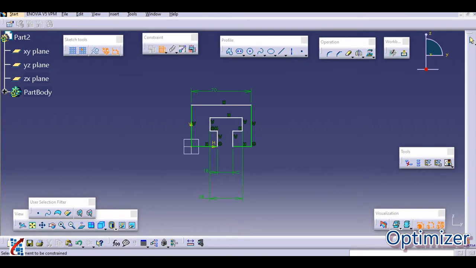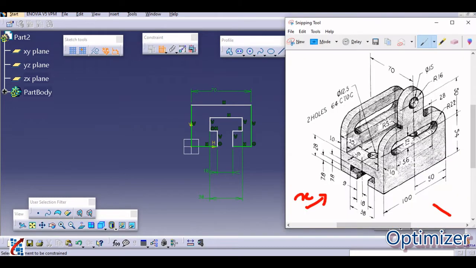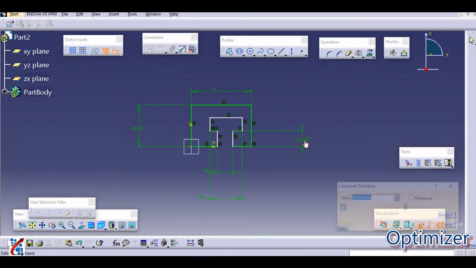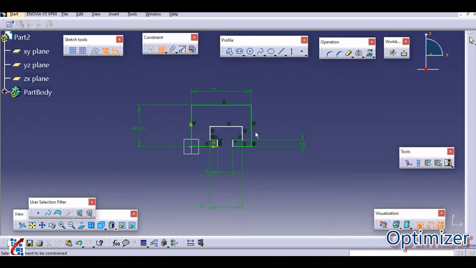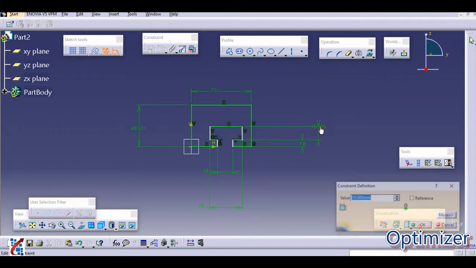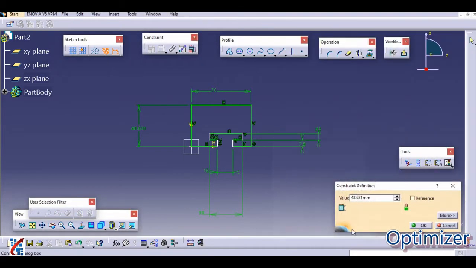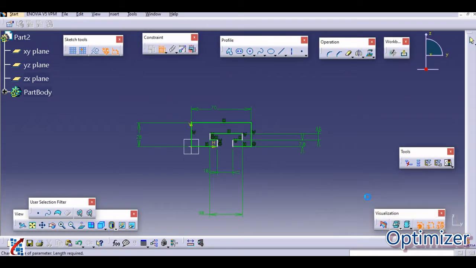Now you can give the remaining dimensions. If you just see, this total width is 28, this height is 7.8 and this is 7.8. So just give 7.8, and this also is 7.8, and this total height is 28.